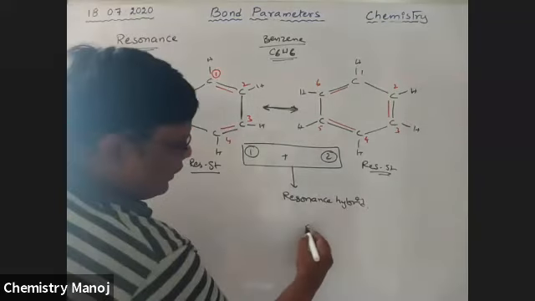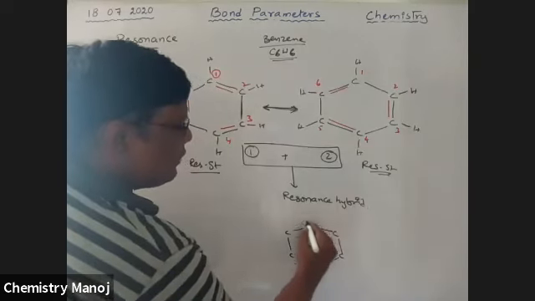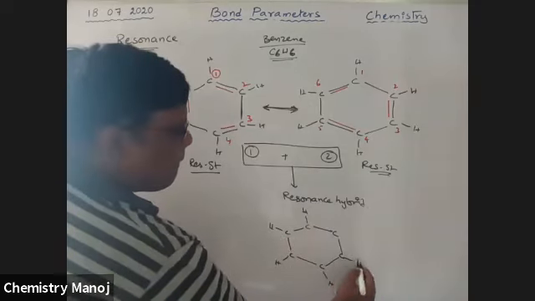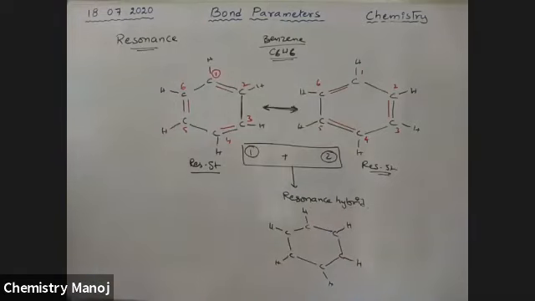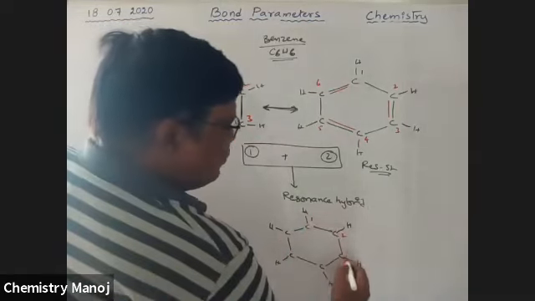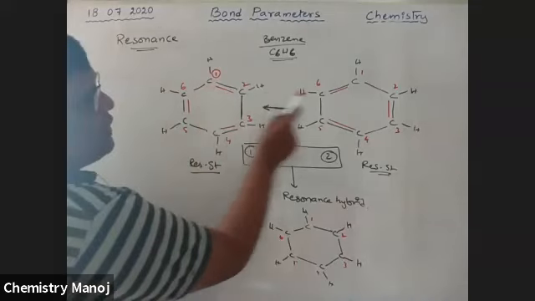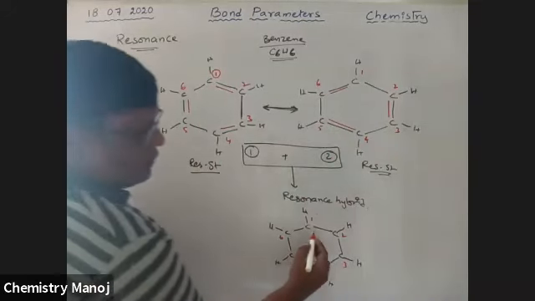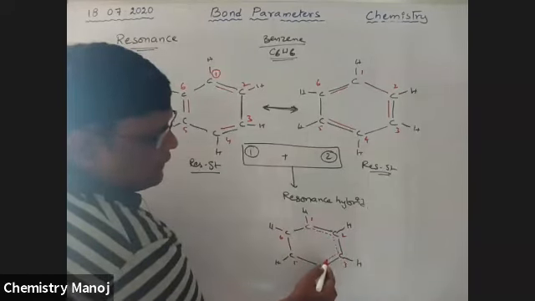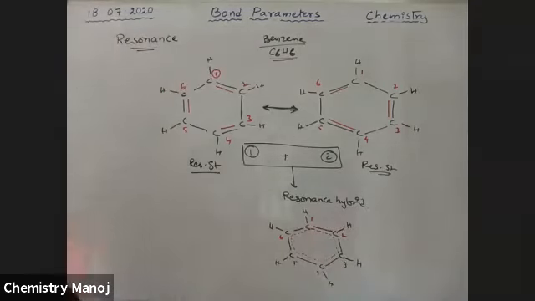See here, carbon, carbon, carbon, carbon, carbon, carbon. Sigma bonds are not changed. Now tell me, where is the pi bond present? See, these are the numbers 1, 2, 3, 4, 5, 6. Sometimes the pi bond is between 1 and 2, sometimes between 2 and 3. So this is the pi bond. Sometimes it is here, sometimes here, sometimes here. And here there are dotted lines.